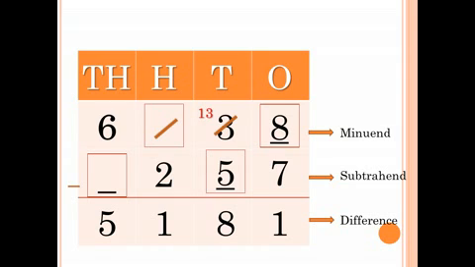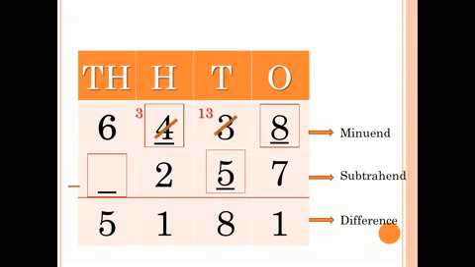Now here we know there was a number from which we had borrowed 1 ten. That is in the minuend's place. So now when we find out the minuend, we have to add difference plus subtrahend. So that is 1 plus 2 is 3. But now we know that we had borrowed one number and we had given it to the tens place. So that number must have been a 4. So we put 4 there and cancel and we add a 3 there. So 1 plus 2 is 3.